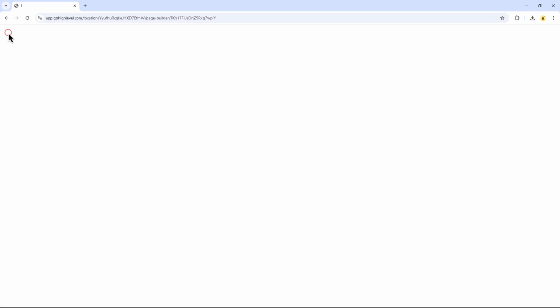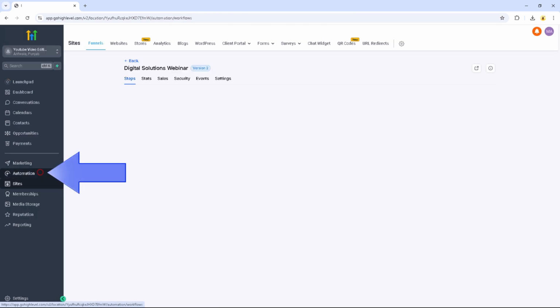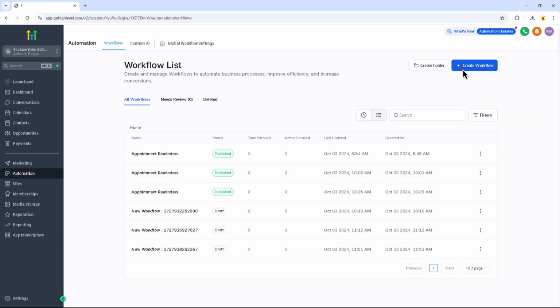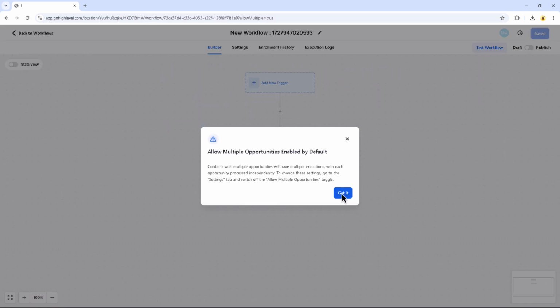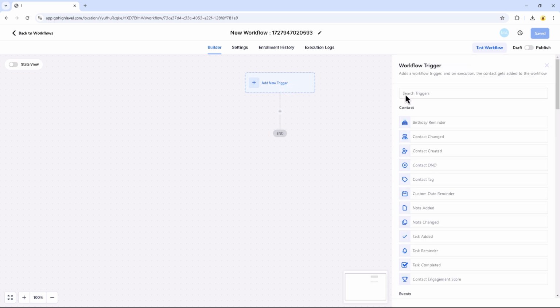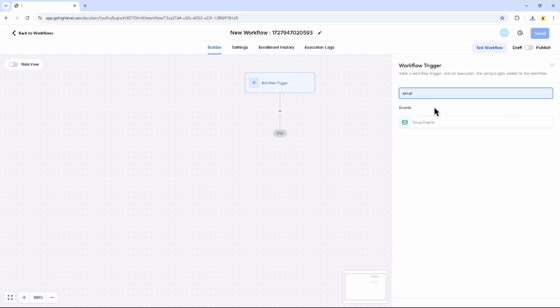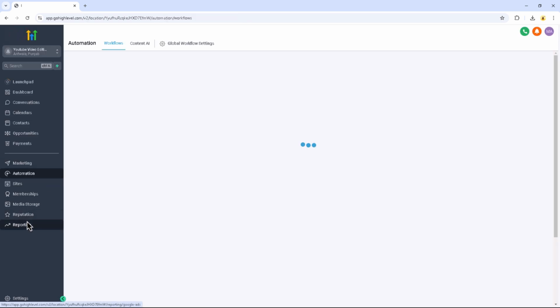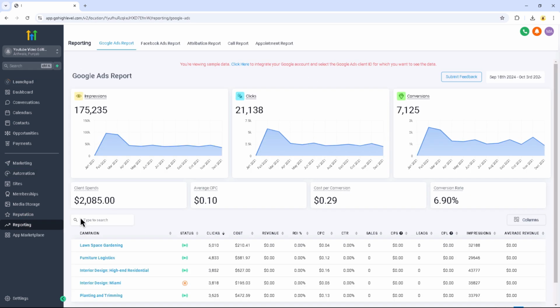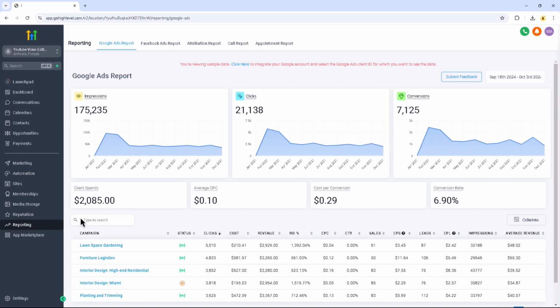Now, here's where the magic happens: automation. With GoHighLevel, you can re-engage leads who didn't convert right away with automated follow-up sequences. Think emails, SMS reminders, even voicemail drops, all designed to warm up cold leads and bring them back into the funnel. Lastly, track everything. With GoHighLevel's powerful analytics, you can measure what's working and refine your funnel at every step